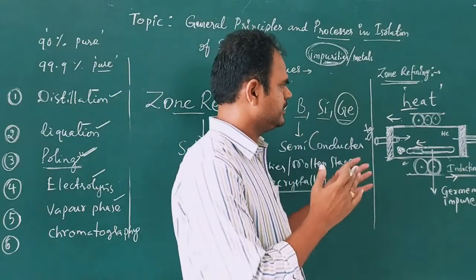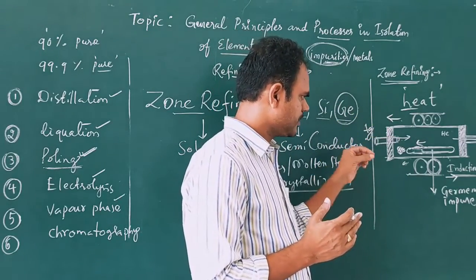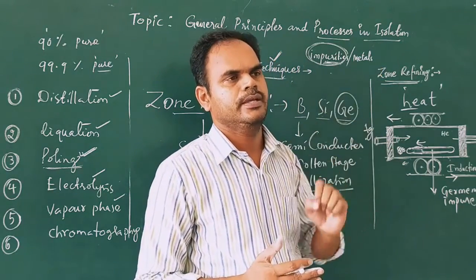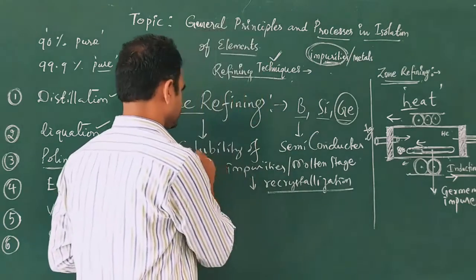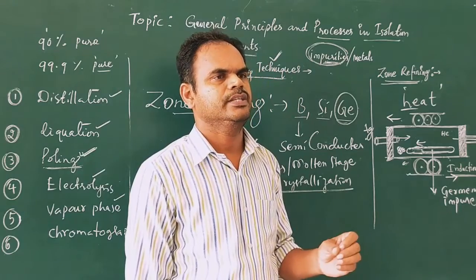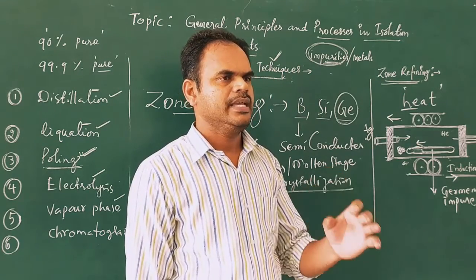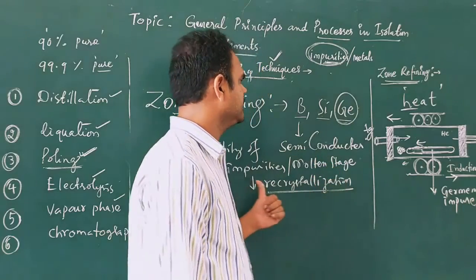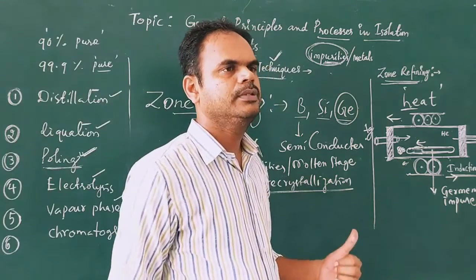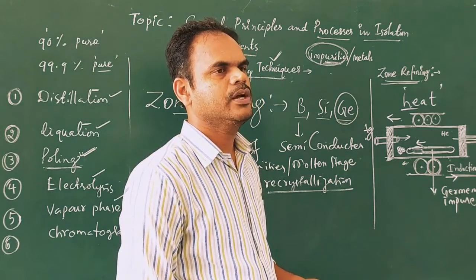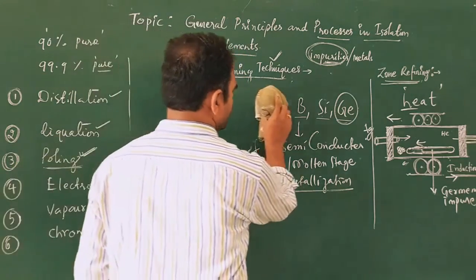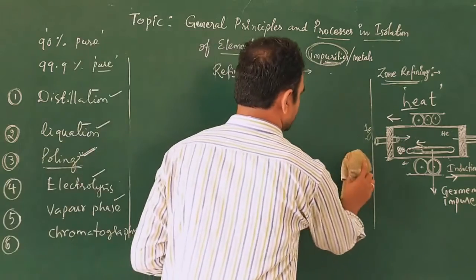So we heat this metal rod zone-wise. Hence it is called the zone refining technique. The zone refining technique works on the principle of solubility of impurities, the molten stage of impurities upon heating. Right? So this is the zone refining technique. We use it for the purification and refining of germanium, silicon, semiconductor metals. Is it fine, everyone? Clear? Zone refining.